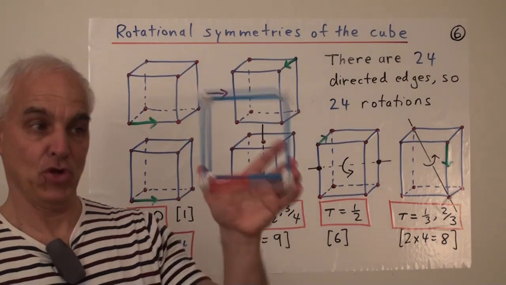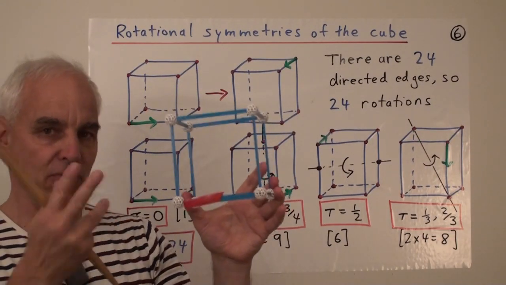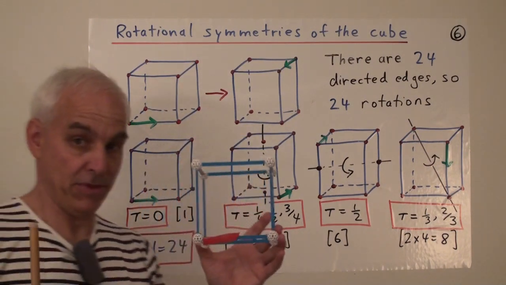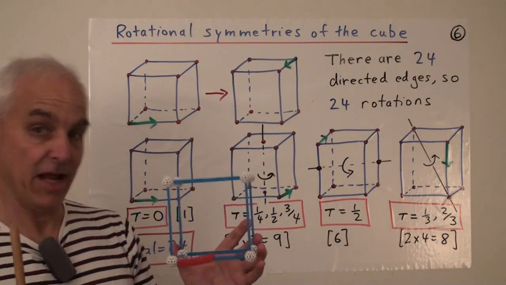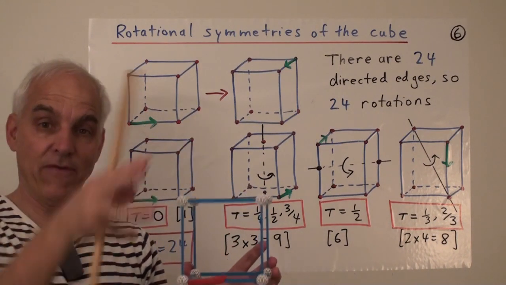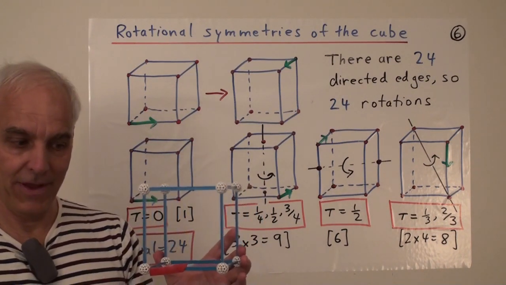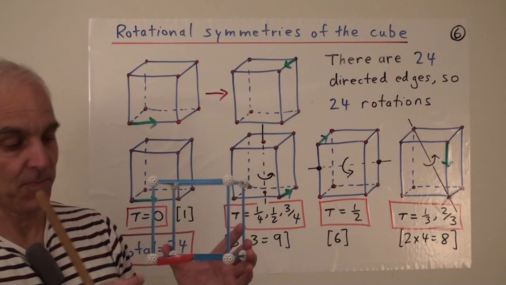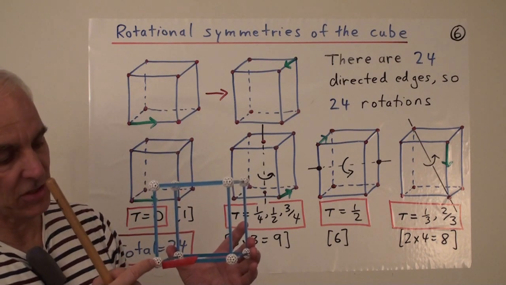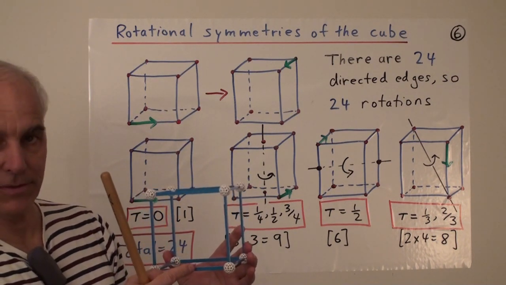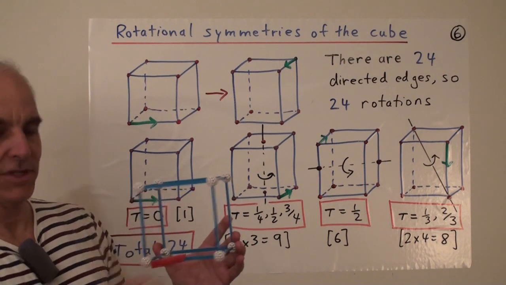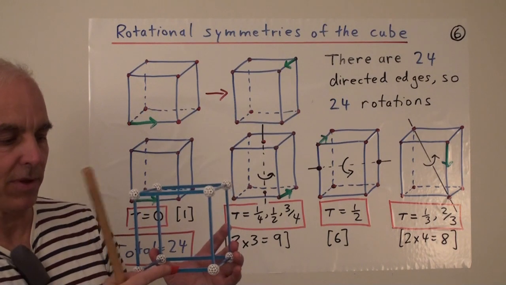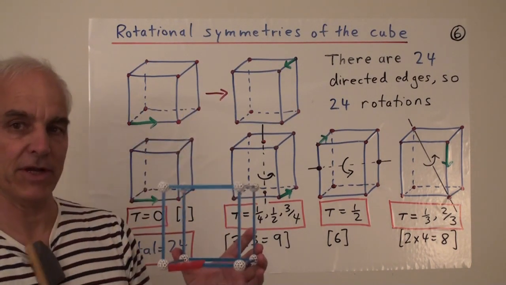Okay, so let's have a look at our cube and ask, what are all the rigid motions of a cube? Well, following on from what we were talking about with the tetrahedron, let's count how many directed edges there are. There are altogether 12 edges of the cube, and so 12 times 2 is 24 different directed edges, this being one of them. The directed edge that starts here and goes in that direction, say halfway towards the other vertex.